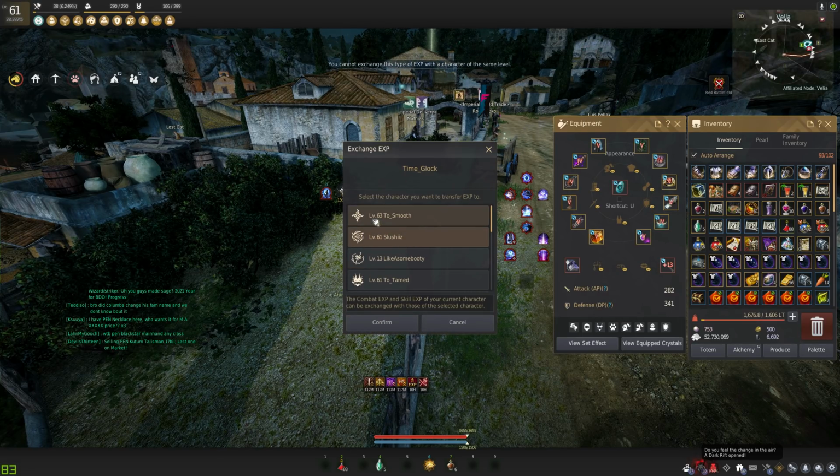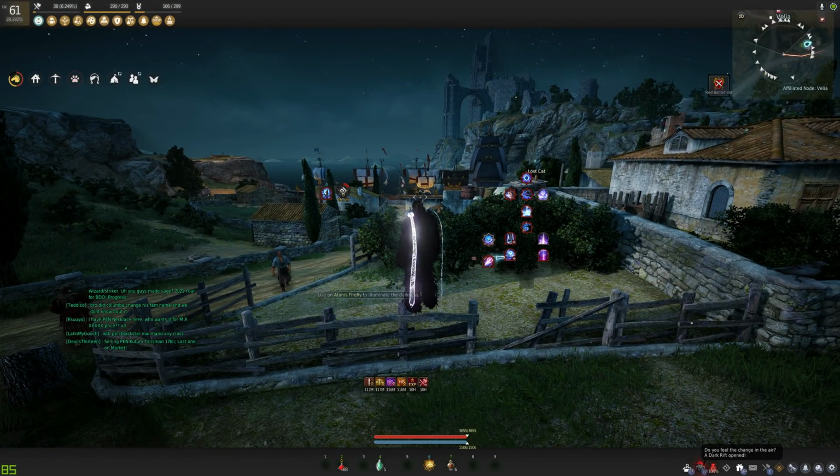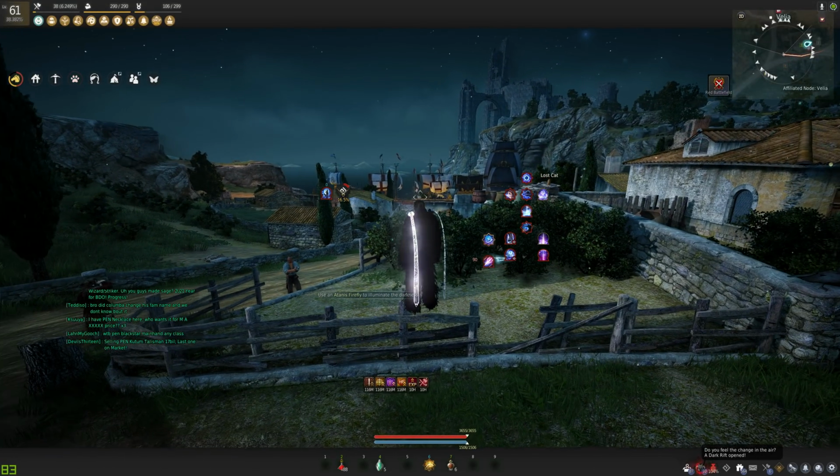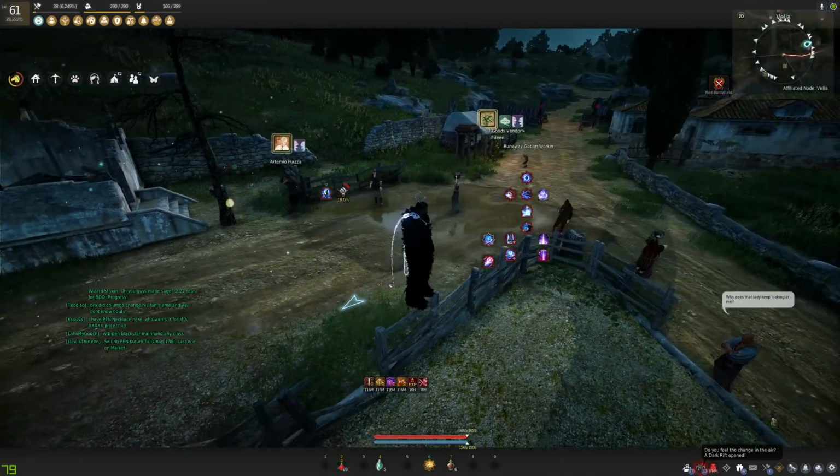because they have this rule that you can't exchange XP with a character of the same level, which I think is really dumb. I think you should be able to exchange with whatever character you want. It doesn't matter if it's the same level, because at the end of the day, you want those skill points. Even though they were both 61, I was still at almost a 600 skill point discrepancy. I have more skill points now on my Sage as I've grinded, but at the time it was